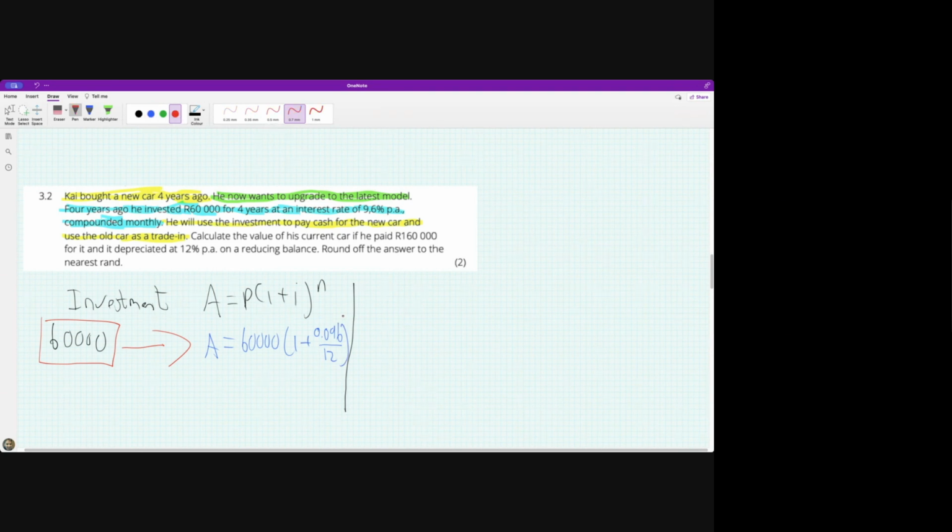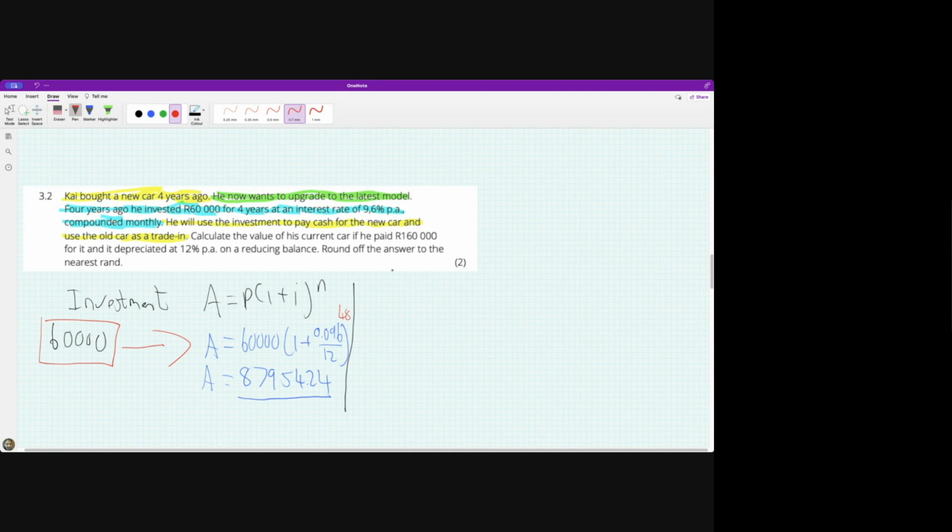So how many years? 4, that's going to be 48 months. So let's see how much. 60,000 times, open bracket, 1 plus 0.096 over 12, to the power of 48. And I'm getting 87,954.24. So that's how much money he will have, or she will have, in her bank account. Then it says,